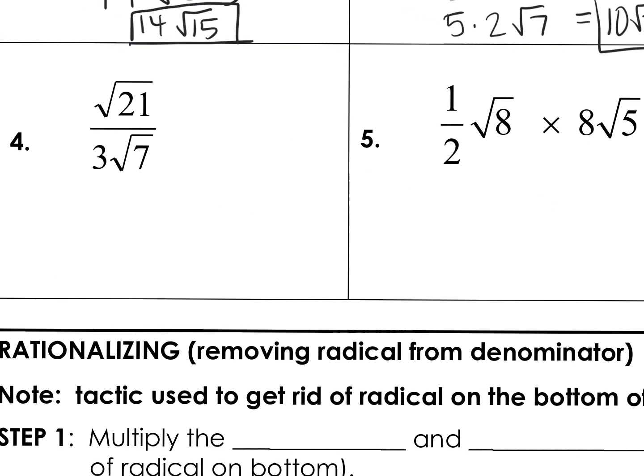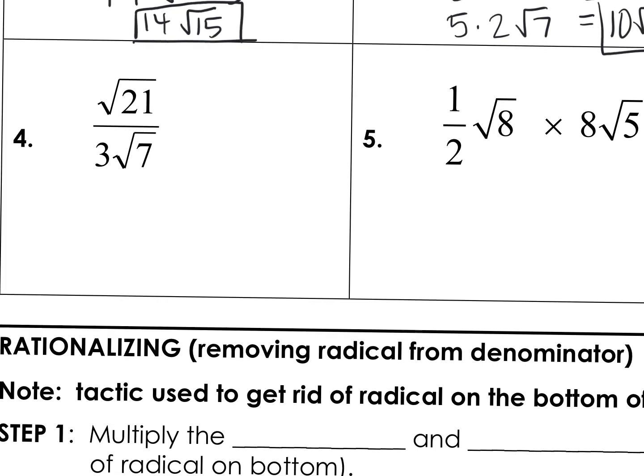Number 4. Okay, so just like when multiplying, you can combine the roots together like we did up here. You can do the same thing with the division. Okay, so if I just think about the coefficients that are here in front, I've got a 1 on the top and a 3 on the bottom. Right? There's a 1 that's implied but not written. So I'm going to write that as 1/3. And then I can take the 2 roots, and I can combine them into a single root, √21/√7. Okay, we know that 21/7 is going to be